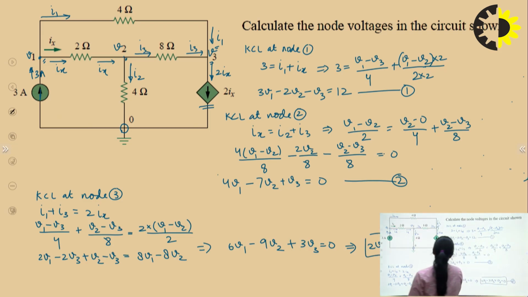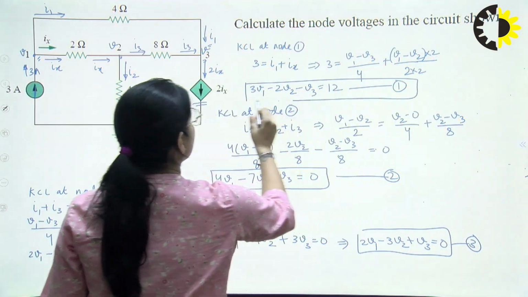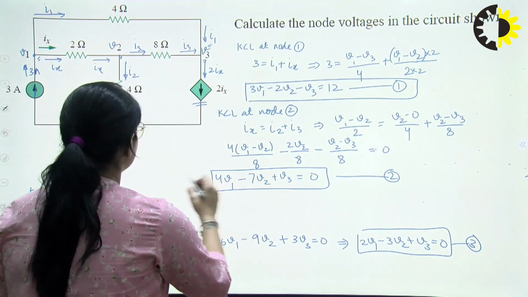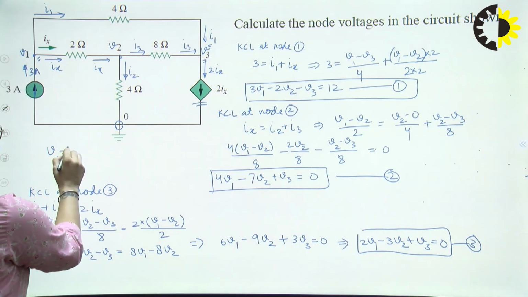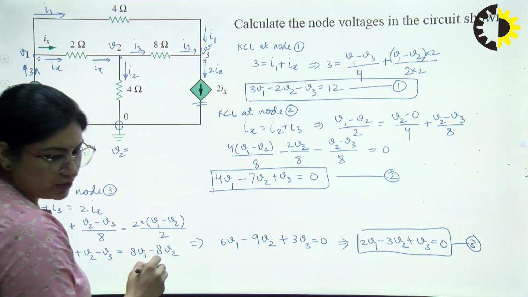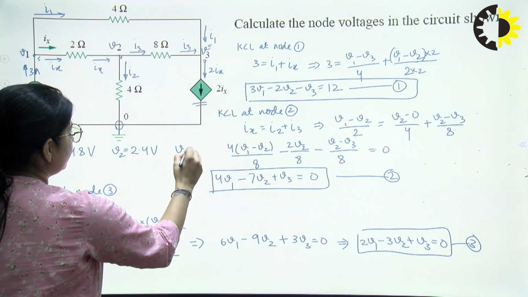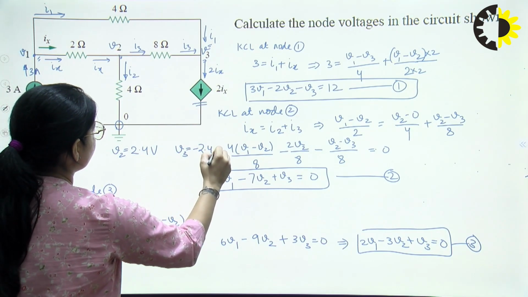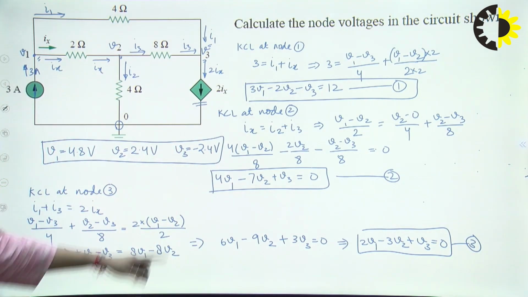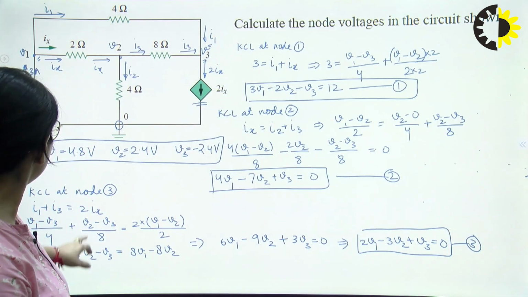Use your calculator to solve these 3 equations, and you will be getting V1 is equals to 4.8 volts, V2 is equals to 2.4 volts, and V3 is equals to minus 2.4 volts. These voltages you will be getting by solving these 3 simultaneous equations in 3 variables. Now moving further,